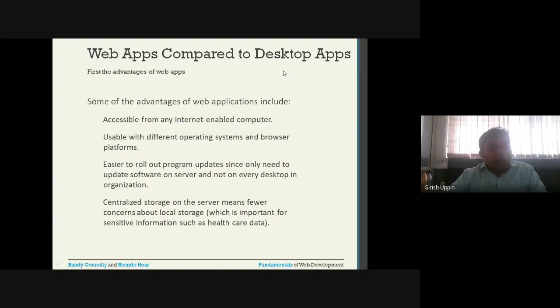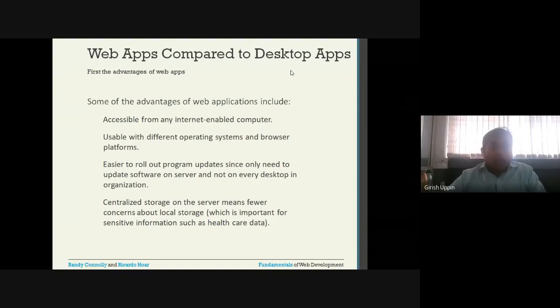When we say desktop application, it will run locally on a particular computer, and every computer has a different configuration, right? It might have a different operating system, different RAM sizes, different CPU. Having a single desktop application to cater to these different variations was very, very difficult.